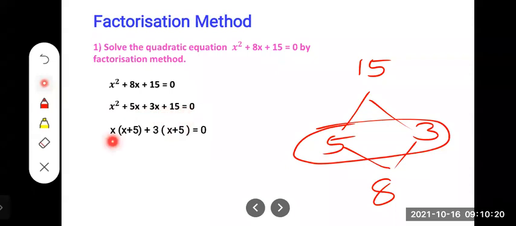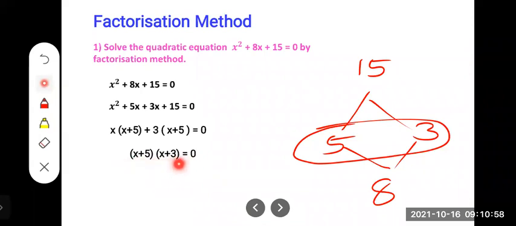Now all the 4 terms, now it becomes again 2 terms. Okay, so now these 2 terms you see, which is common. Here also x plus 5, here also x plus 5. So you take this as common outside. So x plus 5 I have taken common outside. Yes. Now what is remaining? This x plus 3 is remaining. So I have taken here x plus 3. Understood, children? Yes, equal to 0. So once we reach here, then we can proceed further very easily.